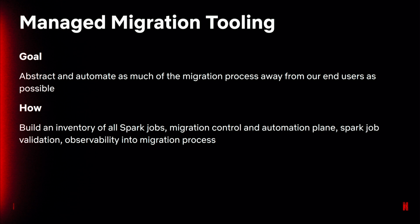And as we'll describe later, this is pretty big scale. There's quite a lot of Spark jobs running across Netflix that are serving things like your movie recommendations, so we definitely want to be migrating these properly. Next, we built the migration control and automation plane that actually monitored the state and progress of these workflows through